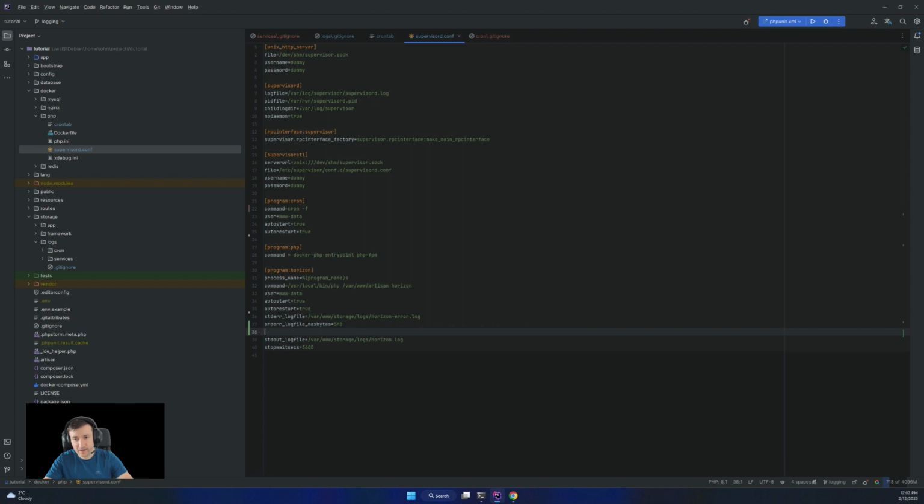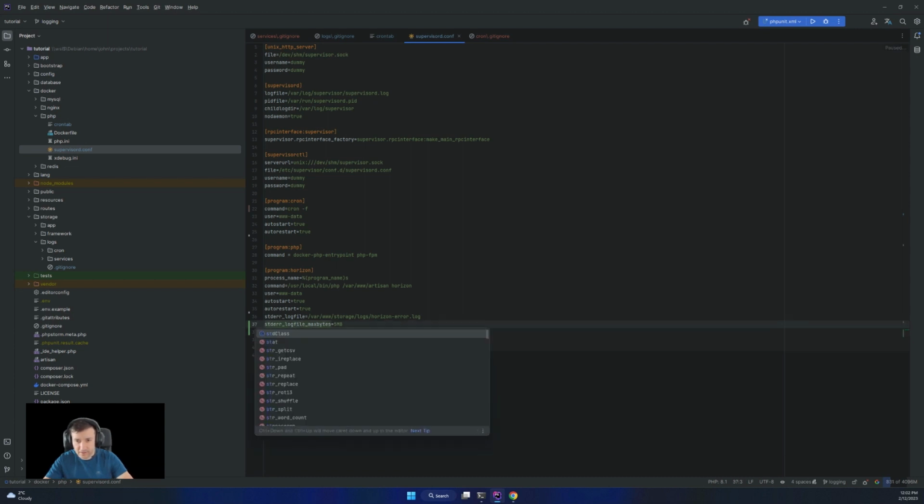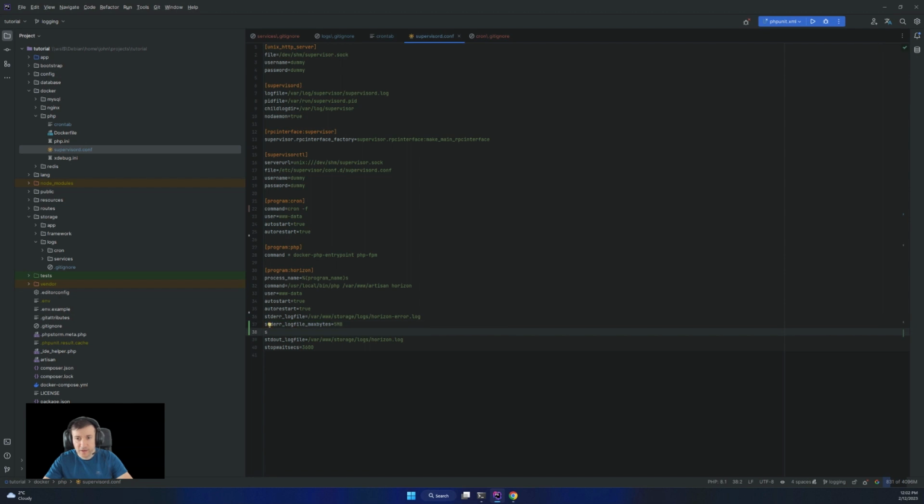Another one will be stderr log file backups. That means after how many files of 5 megabytes it will start deleting the old backups.